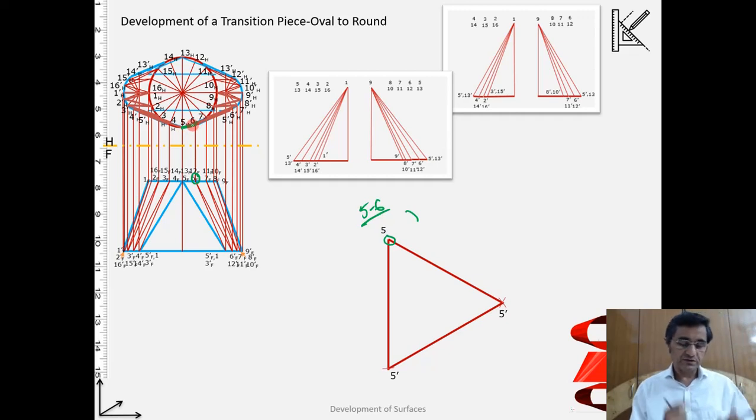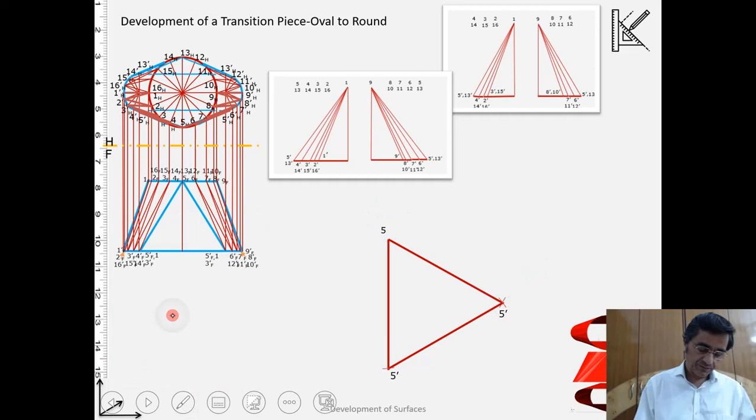Okay, 5/6 for the circle, that chord. Similarly, from 5 dash I need the length which is 5-6 dash, and I know this length already. The true length of this is known to me. So once we get it, I will be able to locate the point here. Okay, let us do that. So if I locate the point, that is how the 6th point is located.